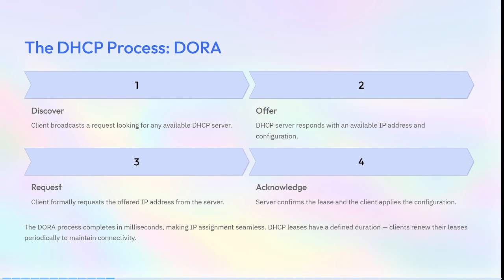Then the DHCP server responds with an available IP address and configuration. Then DHCP will tell, yes, I am available here. I have the IP address. I can give this IP, I'll configure the IP. Okay, then